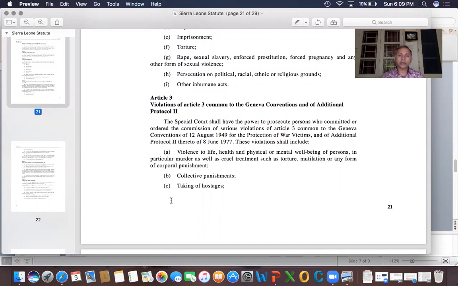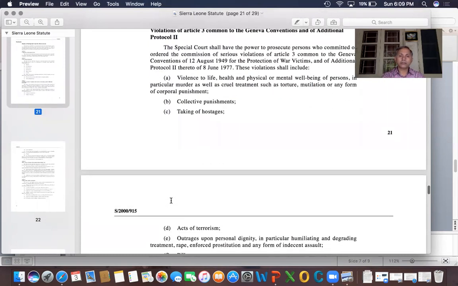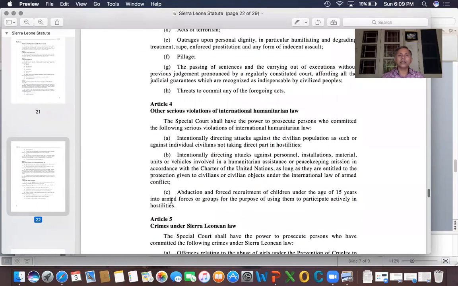So Article 3 is again saying that, and Article 4 says other serious violations of IHL. So Common Article 3 is the very basic one. If that is violated, it becomes a very, very serious thing. And then Article 4 says other serious violations, and there you'll find what we have learned in the choice